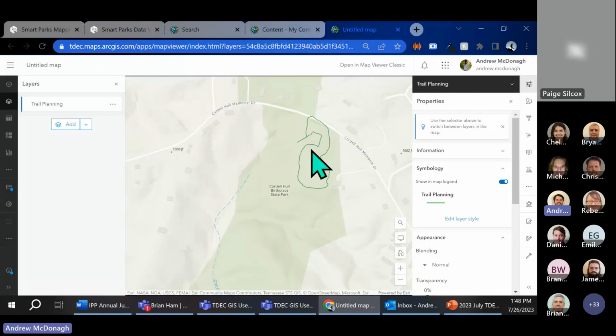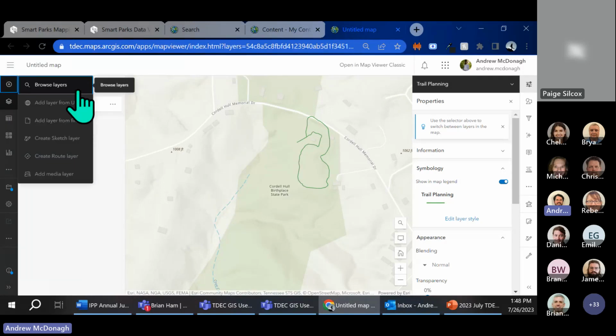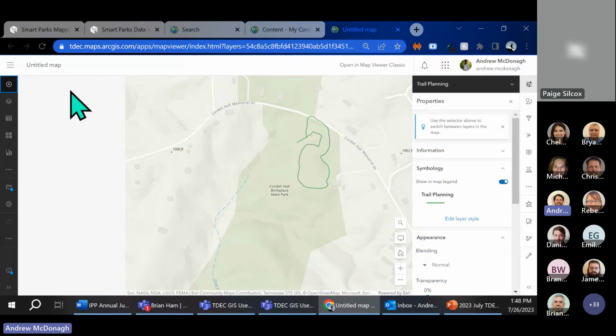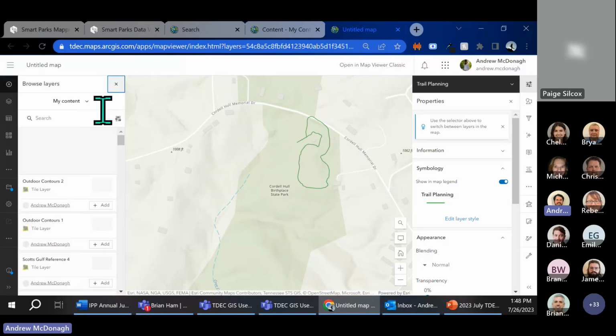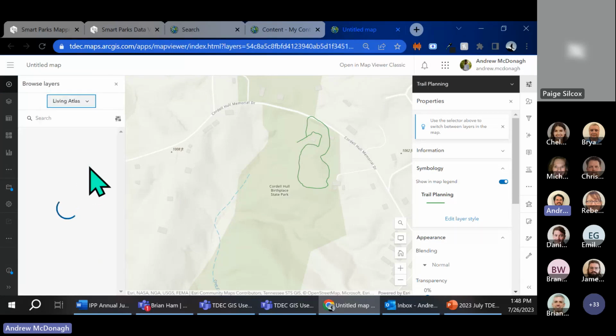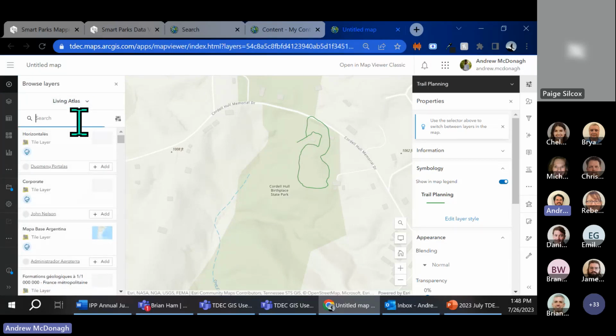And I think that covers most of the stuff. So you can look for stuff here, and also you might add stuff from the Living Atlas, which is a great place to add stuff that's non-state park related. And you can go to Living Atlas. I might want to find